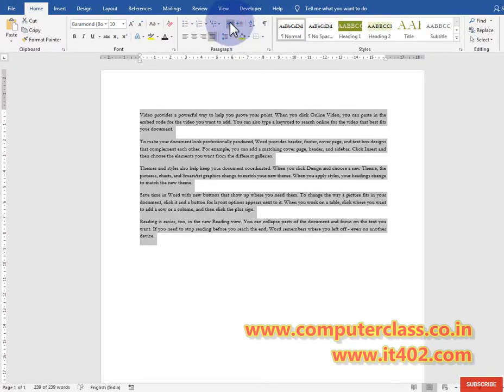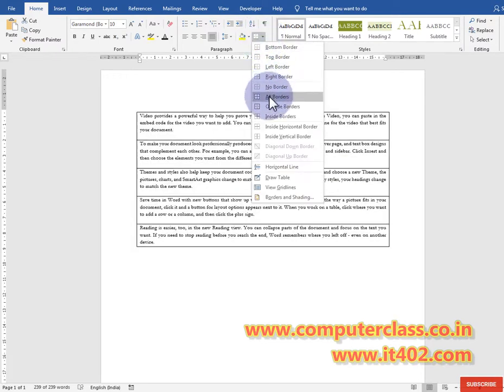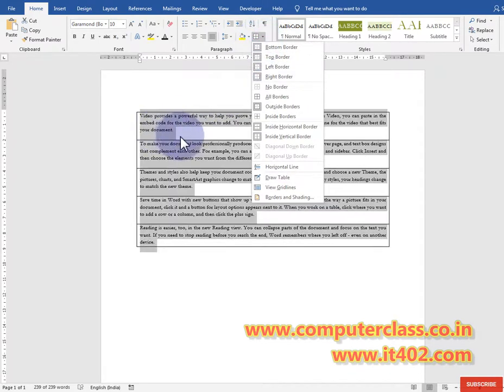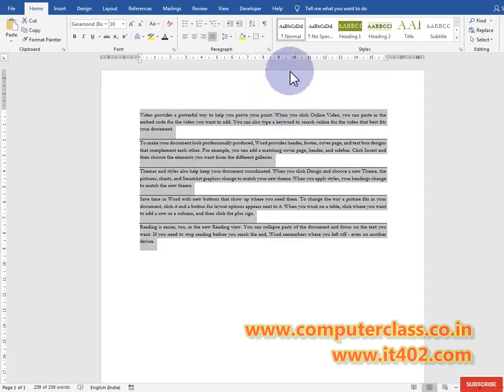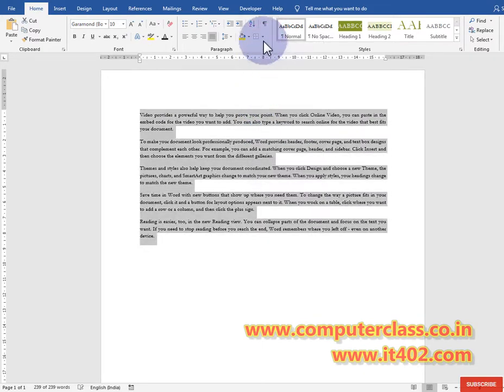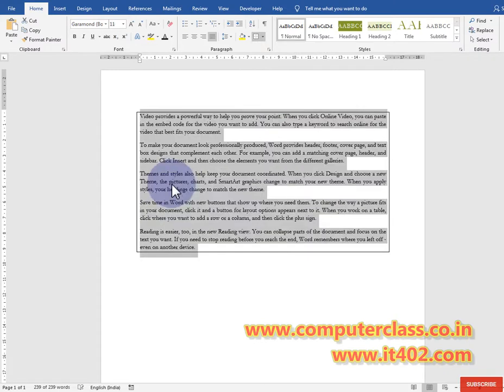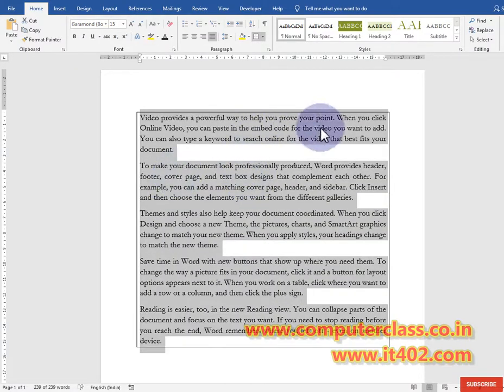So this was indentation. The next one is border. You can give a border to your selected text. If I click on all border, then all the paragraphs will be covered with a border. If I want an outside border, first I click on no border, and then I click on outside border, then I can cover my entire text with an outside border.